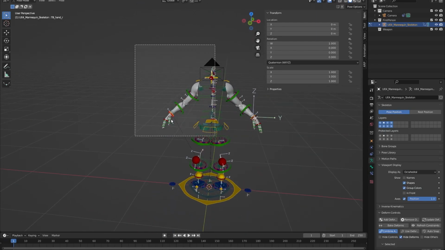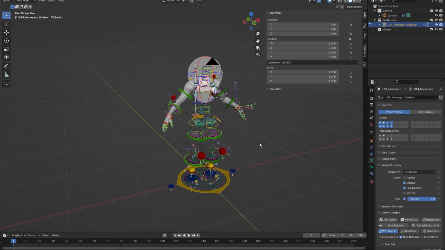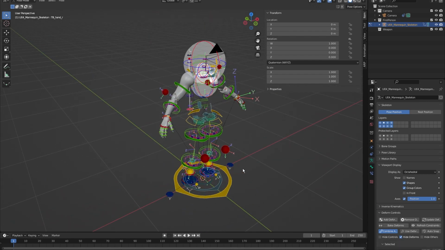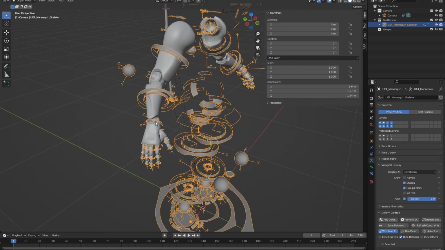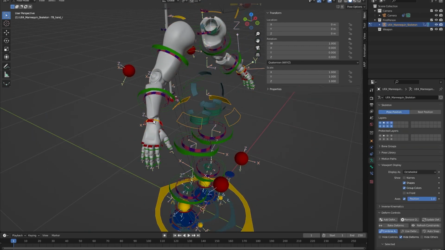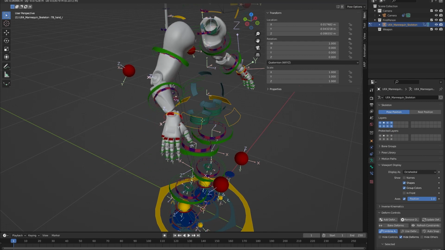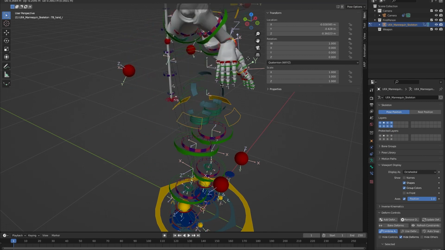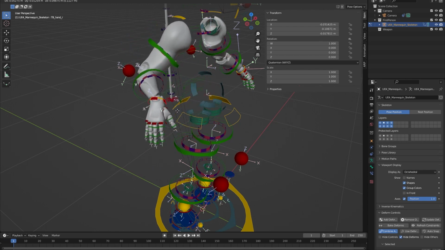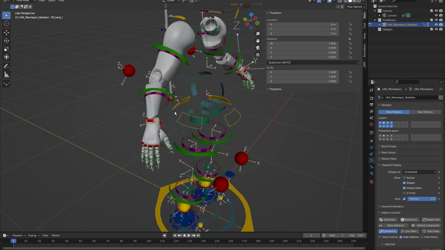I didn't make those tools, because this is from the Mr. Mannequin tools add-on in Blender. So this is basically an IK rig. It makes animations so much easier because you have an IK rig. If you ever animated with a normal rig, then this will really